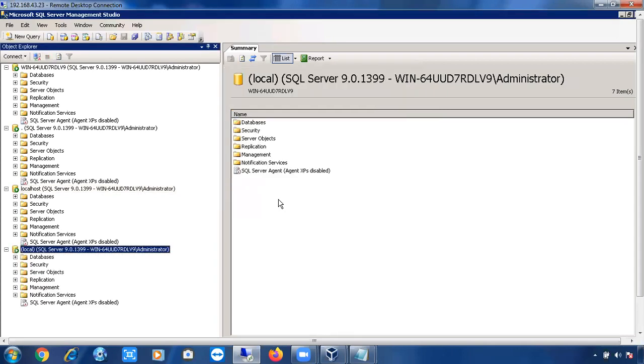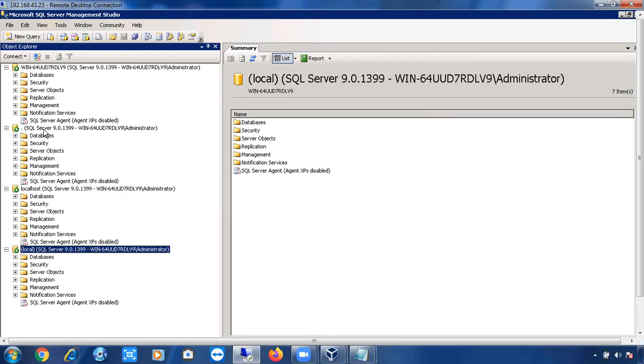Right. So port number, what is the default port number of the default instance? 1433. The default port number for a default instance is 1433. So while connecting you can give computer name comma port number, but as you have already installed a default instance, the default port number is 1433. No need to separately give 1433 again. You can simply connect with the computer name. Okay, right. So these are the four ways.